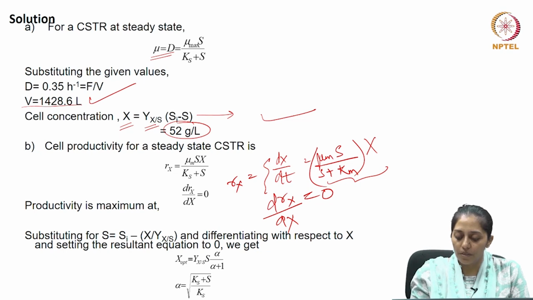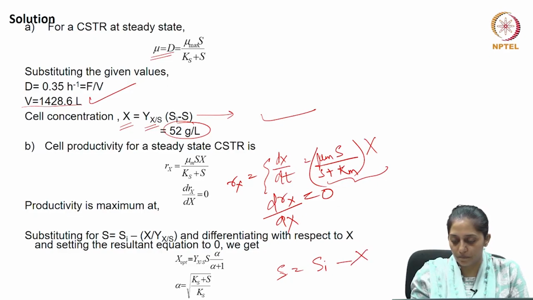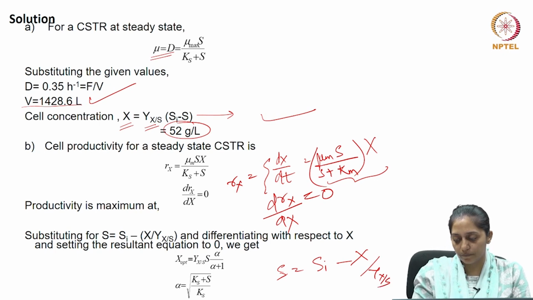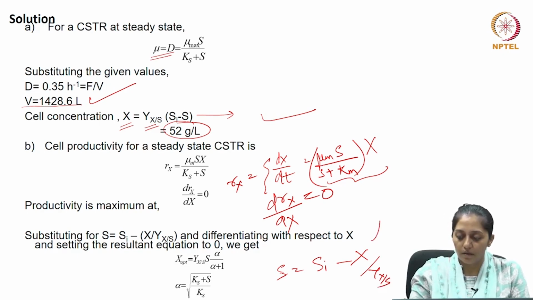So, we use another correlation using the yield coefficient to substitute s in terms of x. So, if we substitute this here, then we differentiate it and find the value of x optimum,